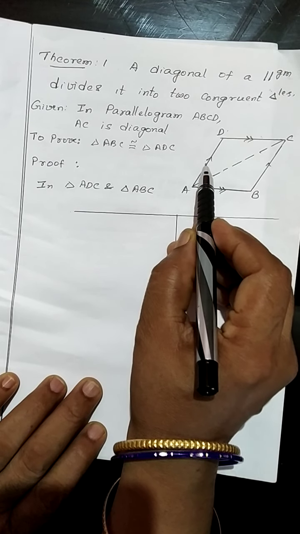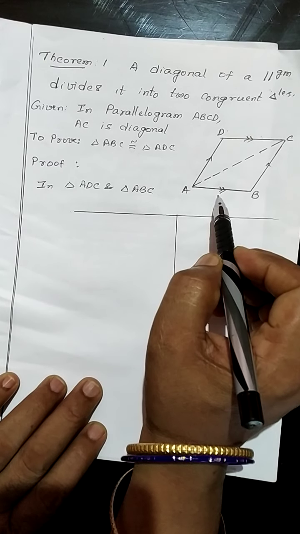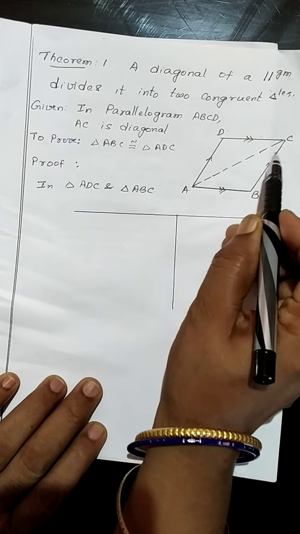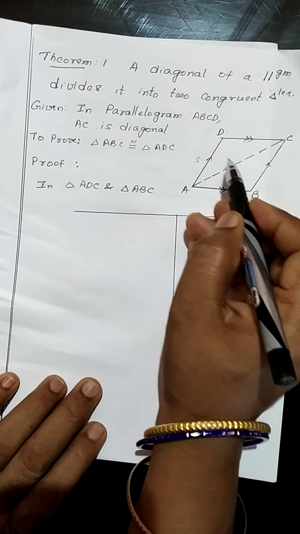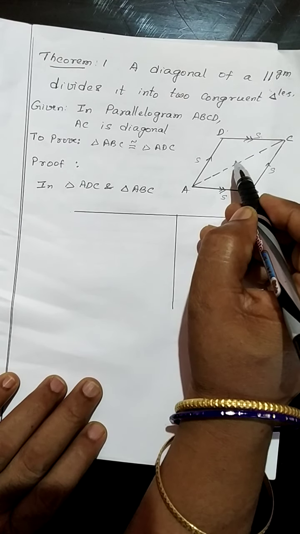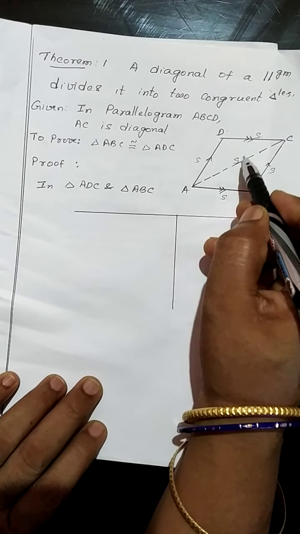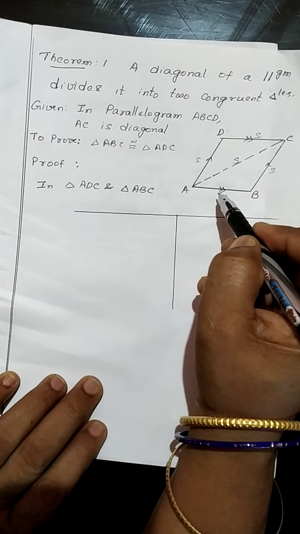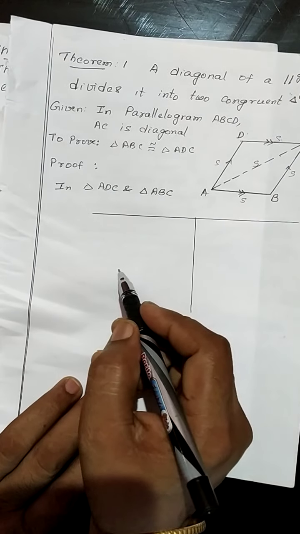Now look at this. These two are opposite sides of the parallelogram. They are equal, and these two are again opposite sides of the parallelogram. They are equal and parallel. Now take this diagonal. It is the third side. So you have taken one pair of sides, this is the second pair of sides, and this is the third pair of sides, all equal. So which one do you remember? Is it SSS axiom of congruency? Yes, you are right. Now we are going to write them in the steps.